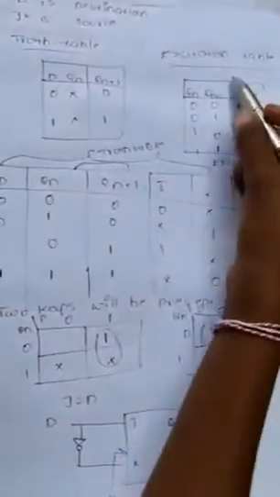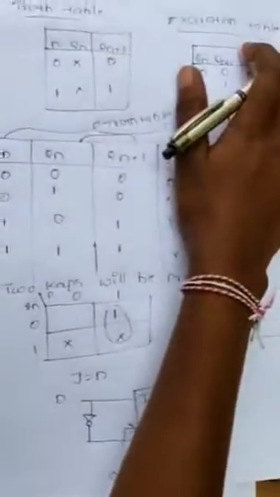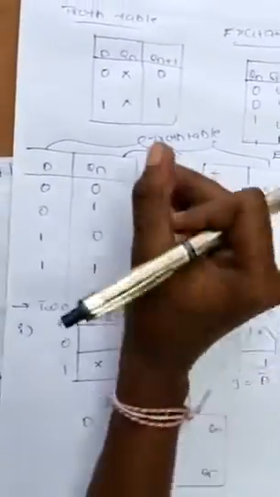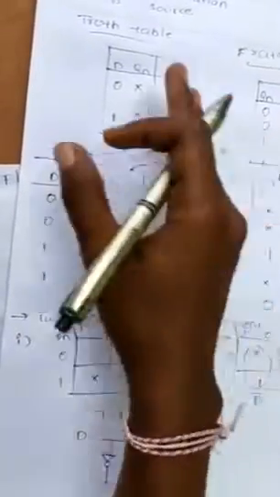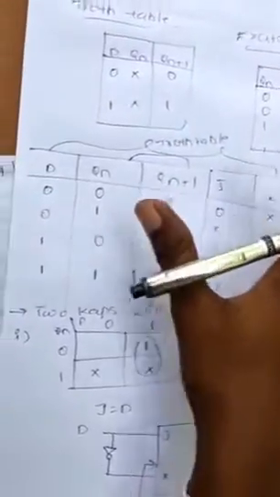So for the D flip-flop, D is the destination and JK is the source, and we have to draw the truth table. Then we go for the excitation table and draw one big table which is the combination of truth table and excitation table. From this we get the K-maps, and from the K-maps we get the logic circuit. Next, in JK to SR flip-flop and JK to D flip-flop, in these conversions D and JK are reversed, so their truth table and excitation table are reversed. So these are very easy to learn, and thanks for watching this. Thank you all.